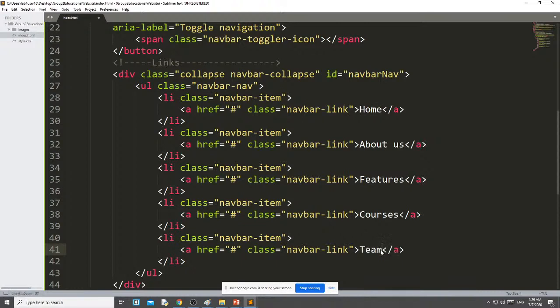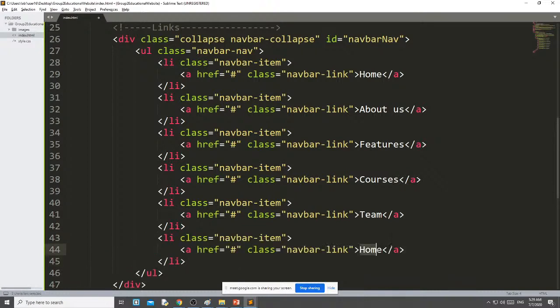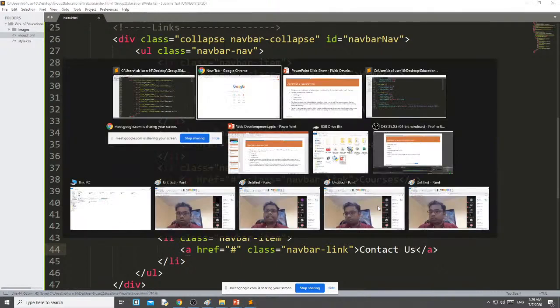However many links you want to create, that many times you can paste it. Then the last one, contact us. Let me show you how it looks.